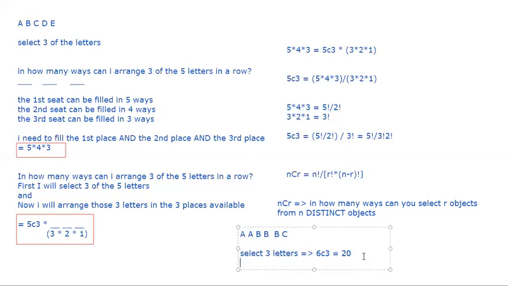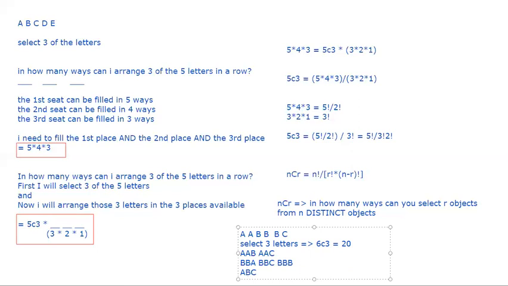But if I manually count 3 letters being selected from this, see what all combinations you get. You get AAB, AAC. So that's all you get with double A. You don't get a triple A option at all, because you have only 2 A's. So with 2 A's, the third letter can be a B or a C. Next, you can have a double B with A or C, or a triple B also. And the last case is where all of them are different: A, B, C. So you actually have only 6 cases. You cannot have anything else other than these 6 when you have to select 3 letters. So the actual answer is 6.